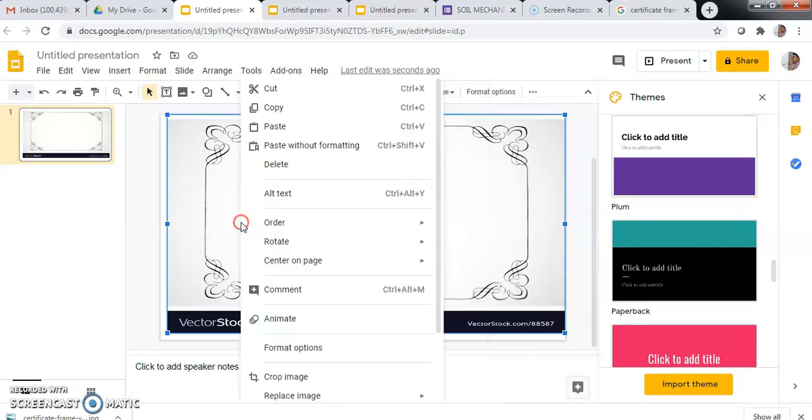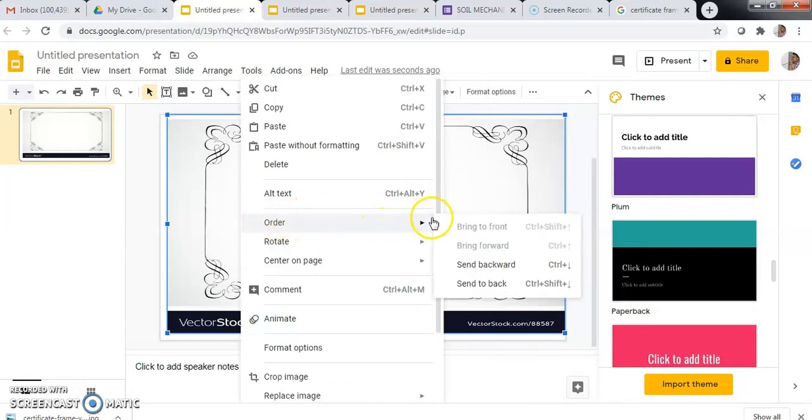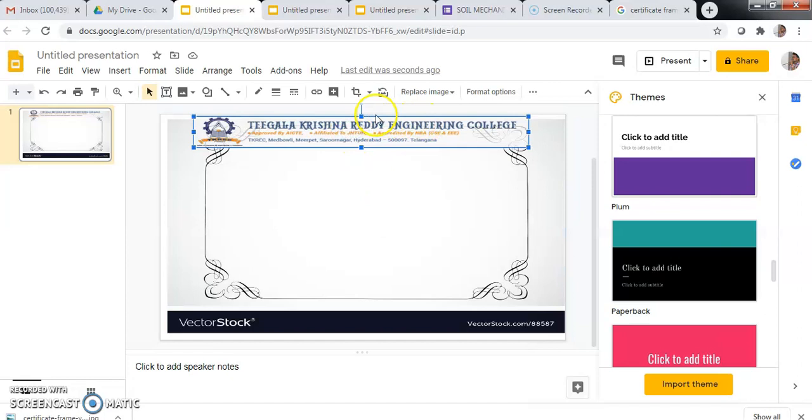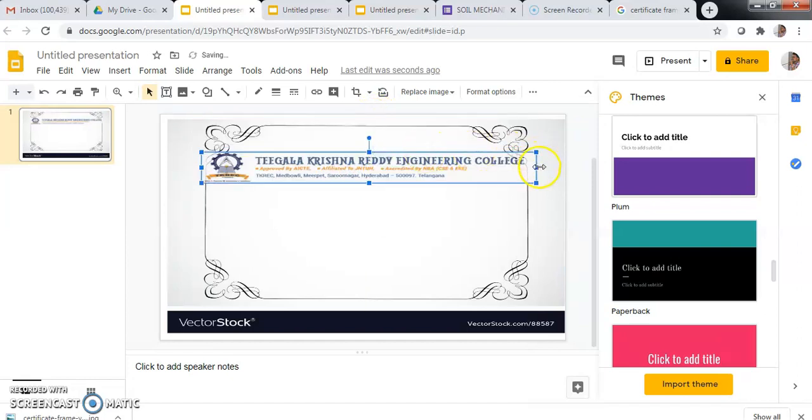You have to right click and choose the order option, send to back. Okay, it merged in this send to back. See here, again I am choosing this one and keeping it here. This frame is set back.